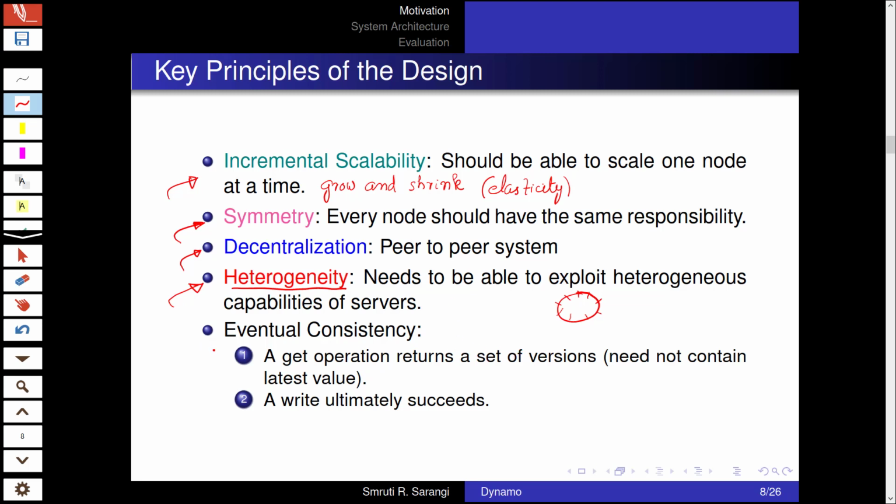And finally, eventual consistency, which means two things in this case particularly. Recall that in a DHT we have two operations, put and get. So the get operation returns a set of versions of the same variable. Put of course has a key and a value, but given we have eventual consistency, it is possible that different nodes would be seeing different values because of the weak consistency, which means there will be multiple ones of these with their separate versions. So the get operation will fetch all of those versions.